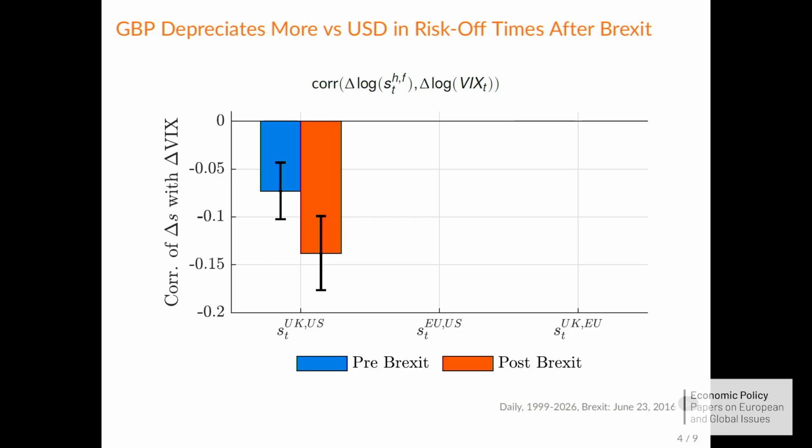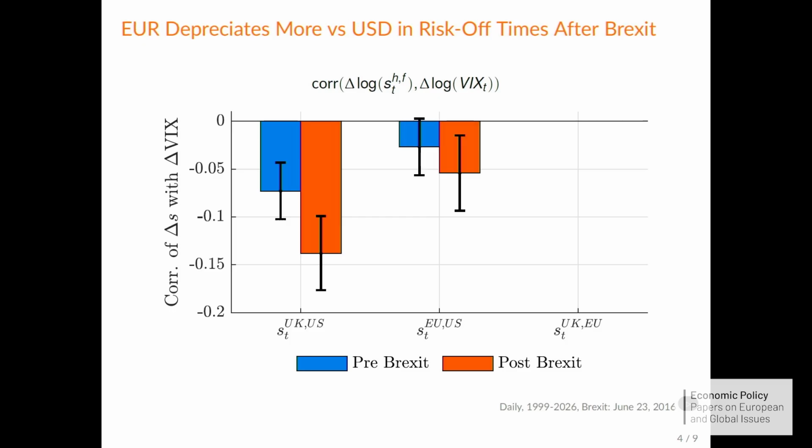And what you can see is that indeed the correlation has significantly declined post-Brexit. That implies that when the VIX increases, the pound depreciates relative to the dollar more after Brexit than beforehand. So the pound has become a riskier currency relative to the US dollar. That has been the case also for the euro relative to the dollar, although to a lesser extent, which you would expect through the model, because the UK size is not